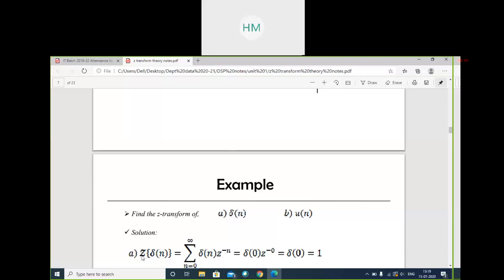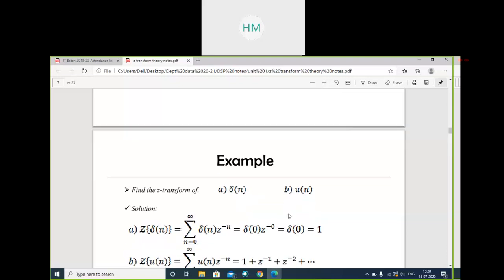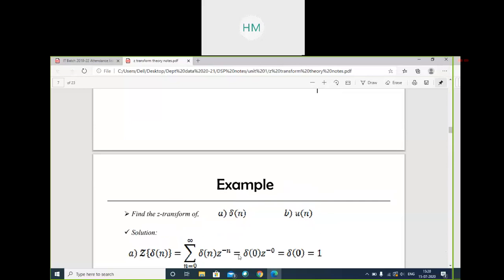See what we have to do. We have to find z transform of del of n. So I'm very happy few students are trying. It's very good. Z transform of del of n we have to find. This is my input x of n. Z transform formally we all know summation. See, we all know this impulse response is from n is equal to 0 to infinity. So what we did in the formula of Z transform, the limit was minus infinity to infinity. I changed the limit from 0 to infinity. X of n is my del of n, z to the power minus n.